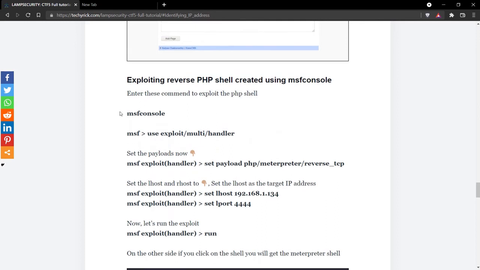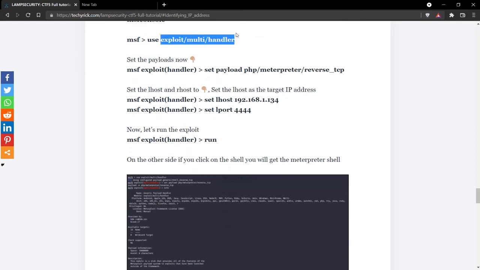So what I am doing is opening Metasploit. We are just entering msfconsole and we are using this exploit. The exploit is multi/handler, and once you enter, now we are setting the payload. So just set the payload to this. I have set the payload to